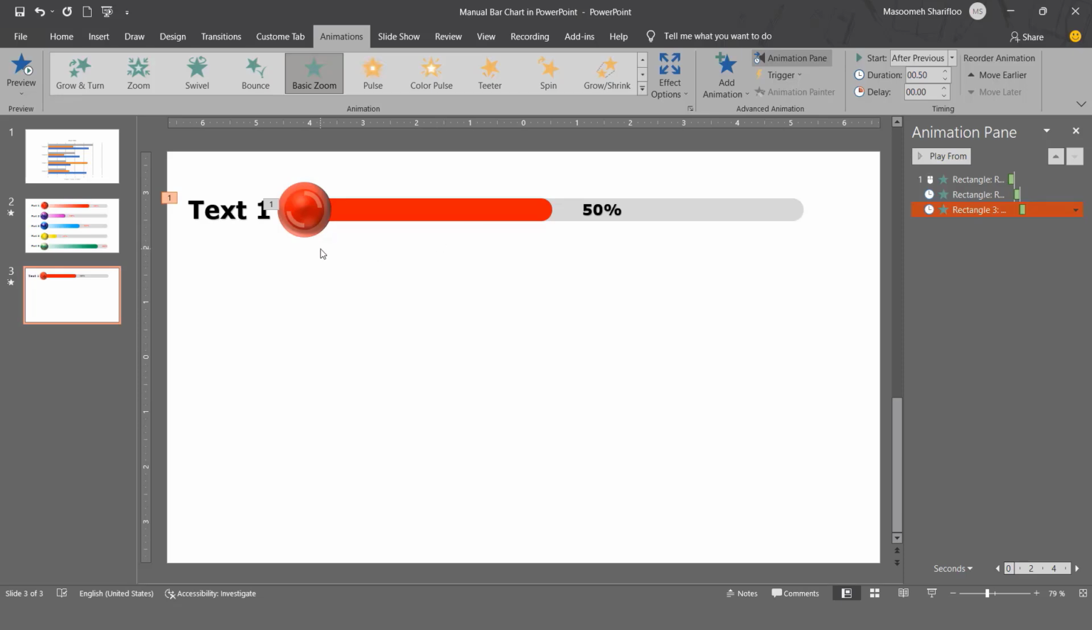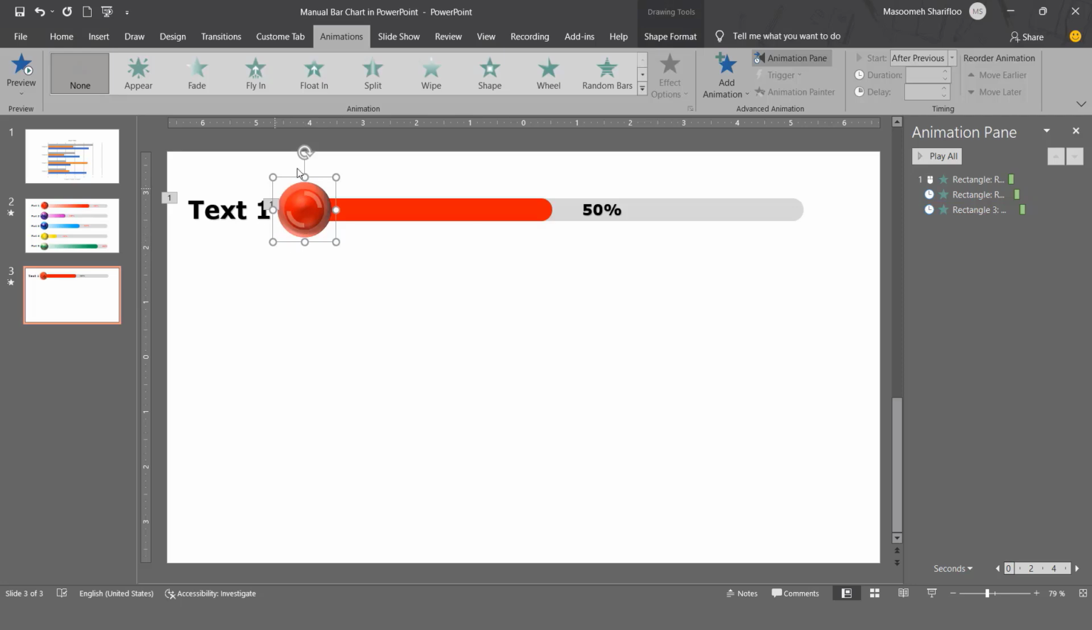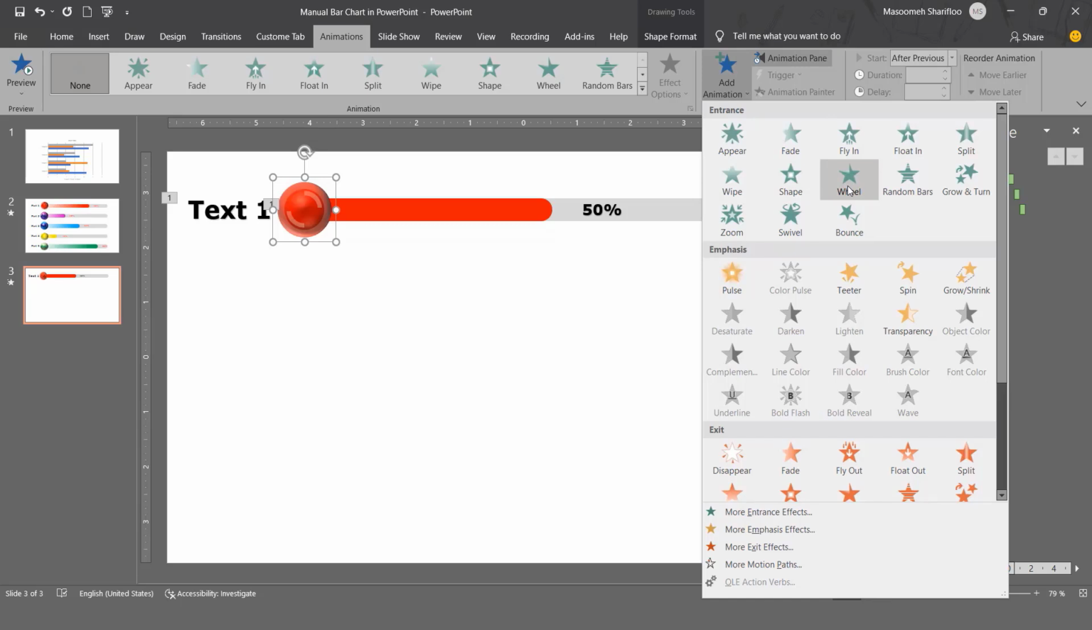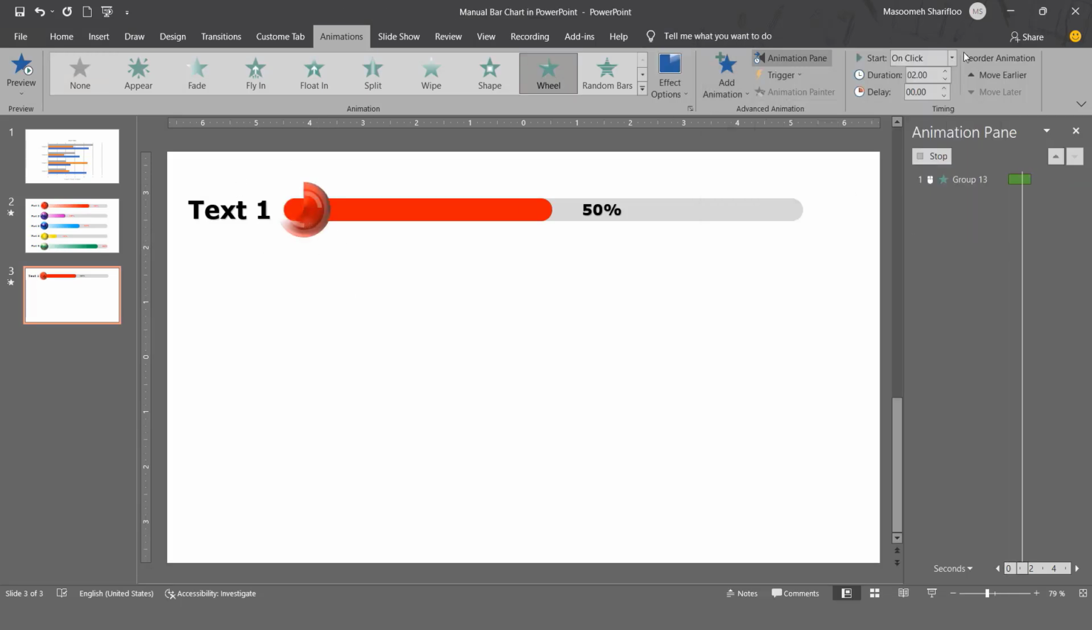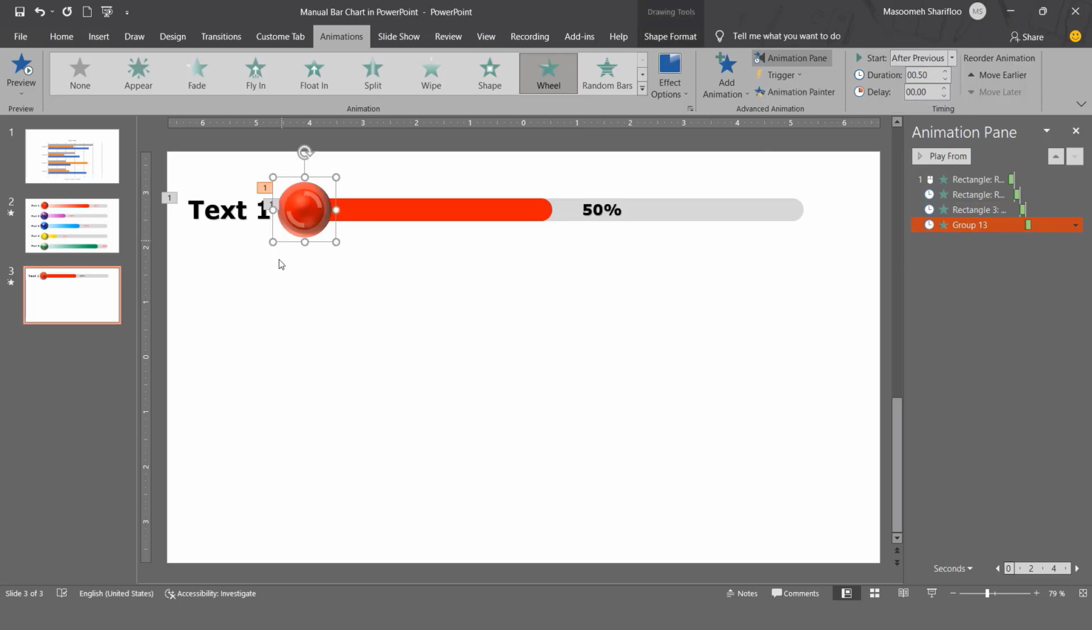Now it's time to give animation to the circle. I select it. This circle should first enter the slide with an entrance animation. I select wheel for that. Then with the help of the path animation, it goes to the point that we want. For this entrance animation, we set after previous as a start, and for duration, we select half a second